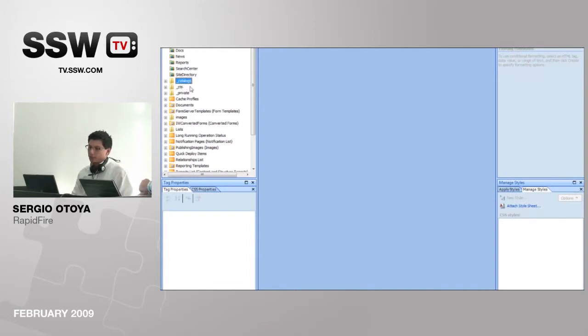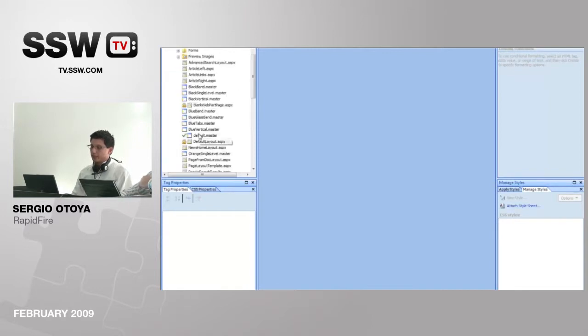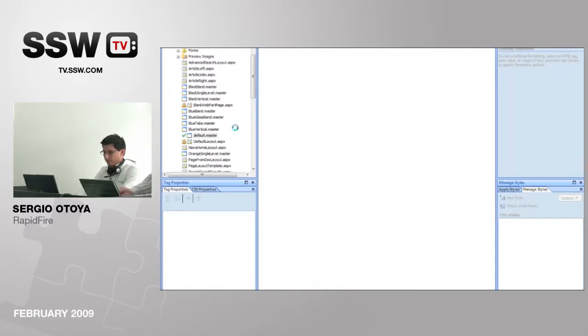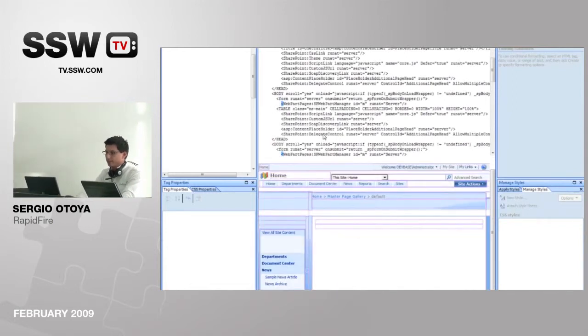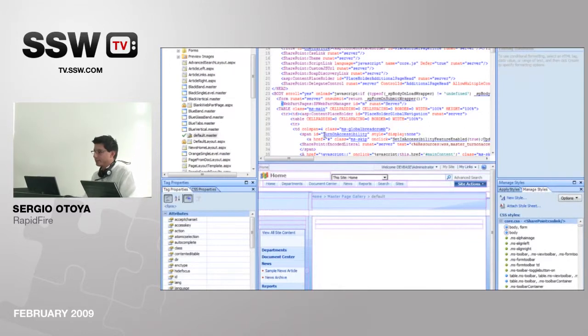For those who don't use SharePoint, the master page is stored under the catalogs directory, under master page. And then we've got the default master. There are a number of master pages that we can use here, but I'm using the default.master. So let me open that up. It's not usually this slow. It's all running on my machine and virtual PCs, etc., the usual